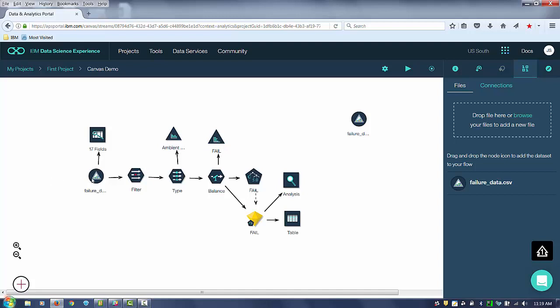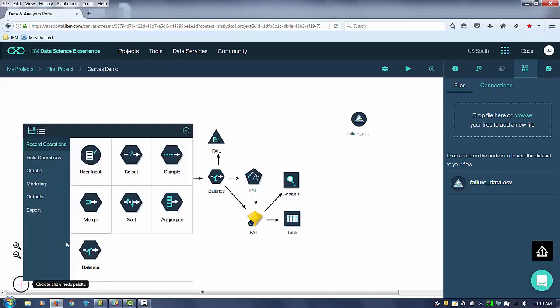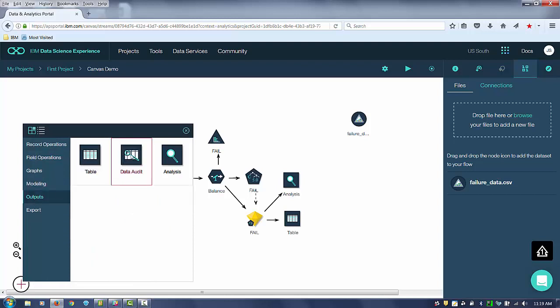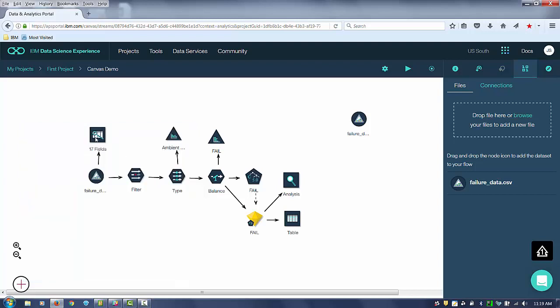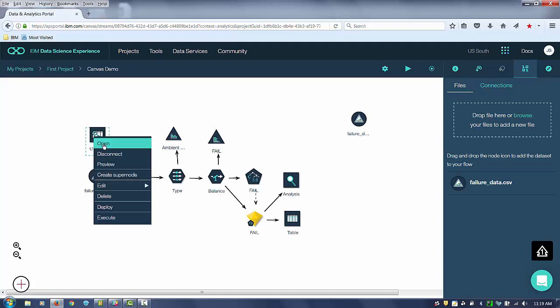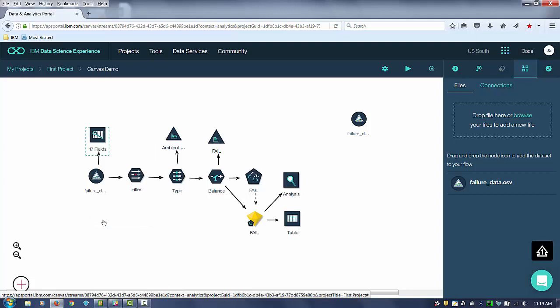So let's look at this, right? I'm going to do some of the things I would normally do to build a model in SPSS with this canvas. The first thing I've got here, if I expand out some of my items and talk about outputs, is our data audit node. One of the first things I might do is that I don't really know my data. I want to understand if there are variables I should include, exclude, or anything like that. So I'm going to click on execute,